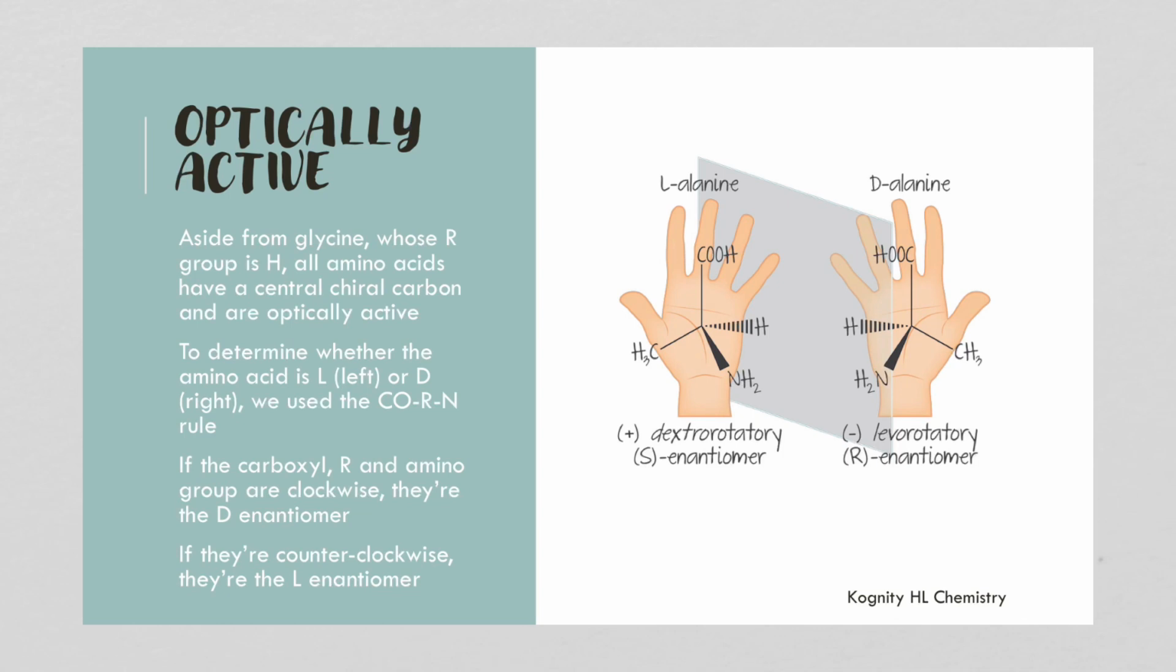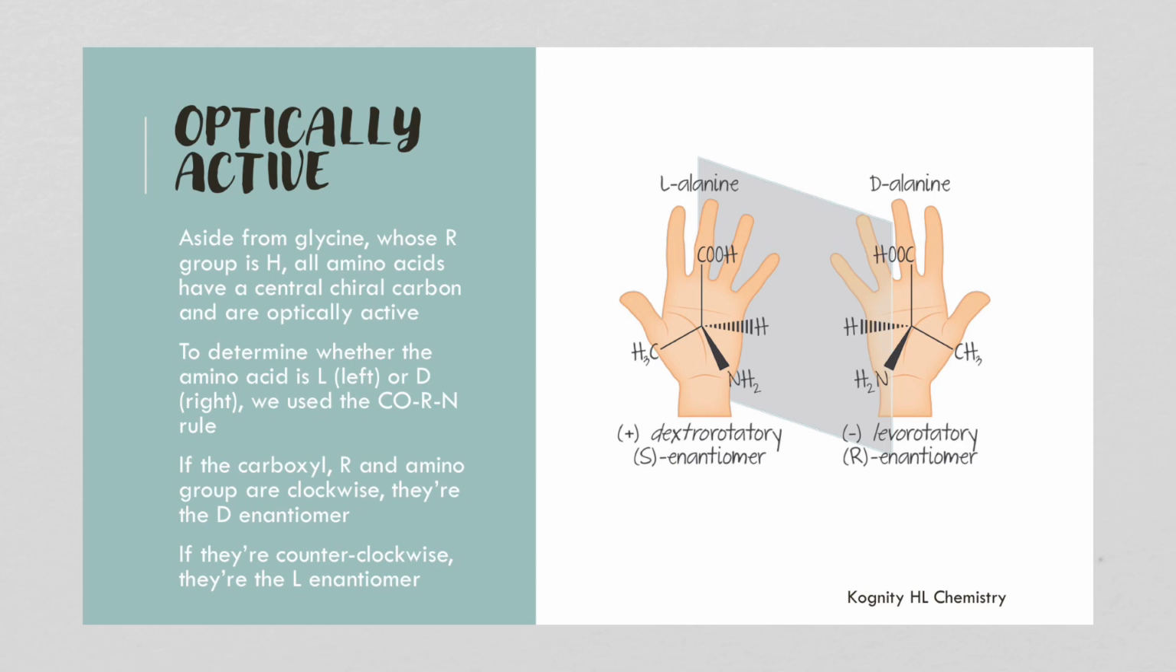So as I mentioned before, glycine is the simplest amino acid, so its R group is hydrogen, which means that central carbon is not a chiral carbon, because there are two hydrogens. It doesn't have four different things attached to it. So all the other amino acids, however, have a central chiral carbon, which then makes them optically active. And again, there'll be two different